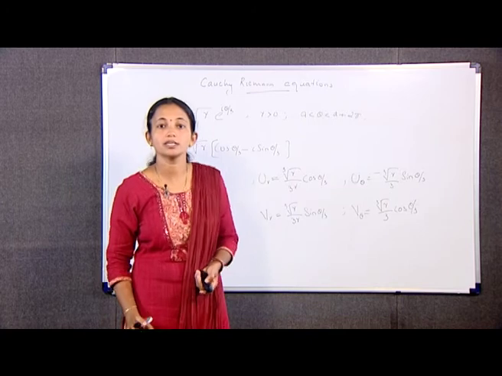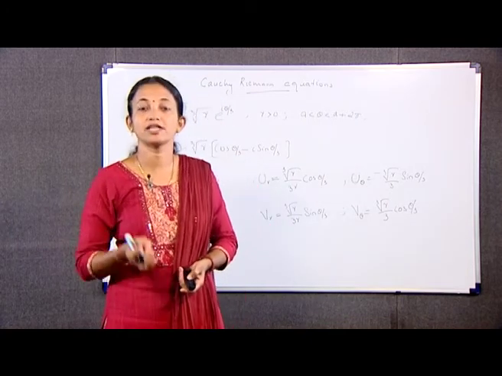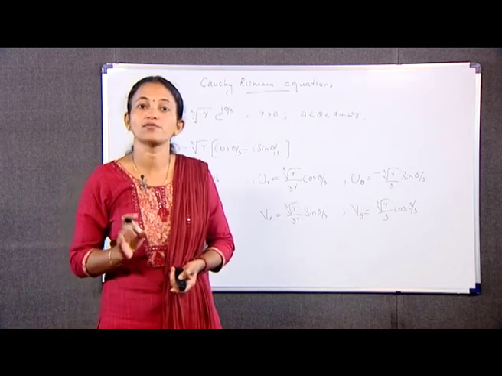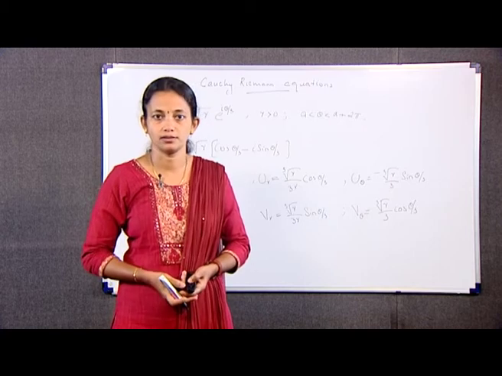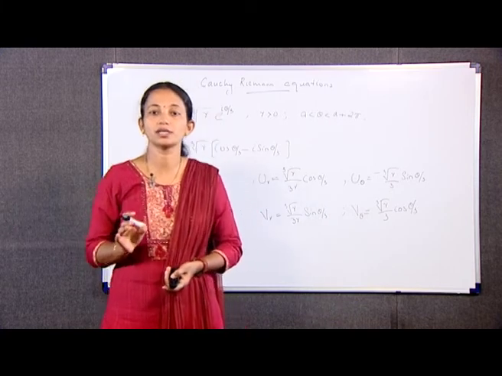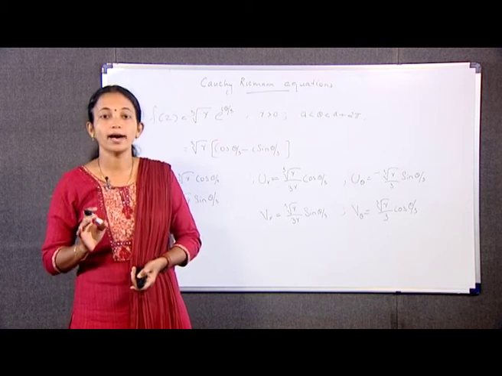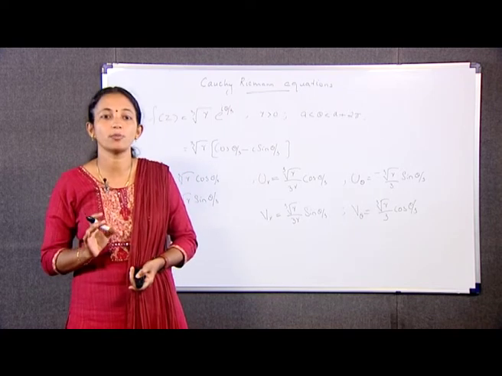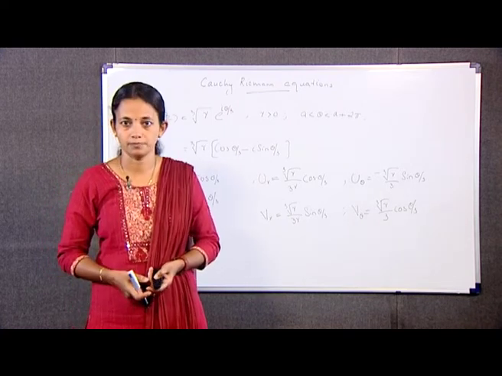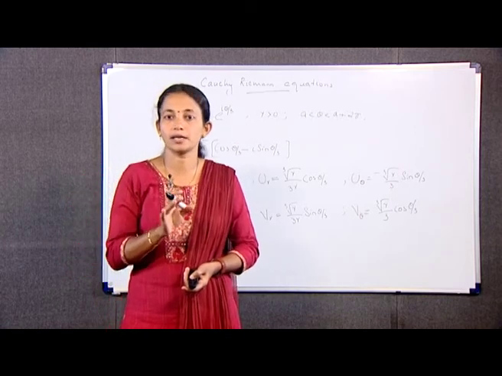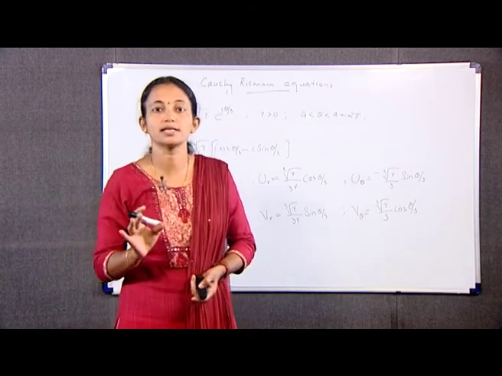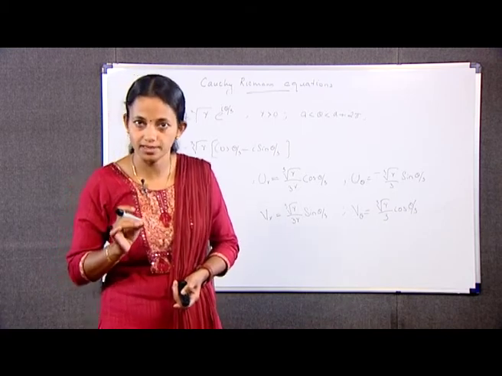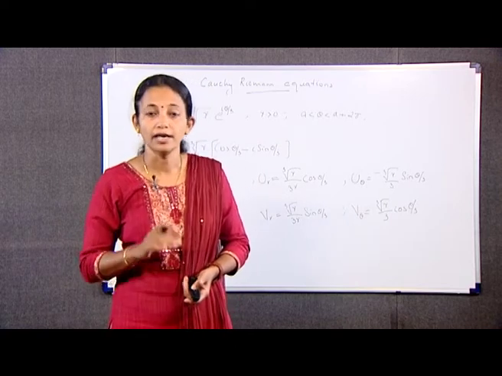Hence, u_r is equal to 1 by r v_theta and 1 by r u_theta is equal to minus v_r, and hence the polar form of the Cauchy-Riemann equations is satisfied. Also, the first order partial derivatives of the functions u and v with respect to r and theta are continuous at every non-zero point (r, theta) in the complex plane. Hence, all the conditions in the theorem are satisfied at non-zero point z is equal to r e raised to i theta in the plane. Hence, the derivative of f exists there, and according to the formula f dash of z naught is equal to